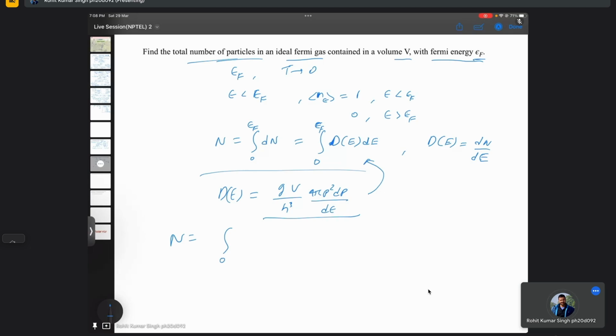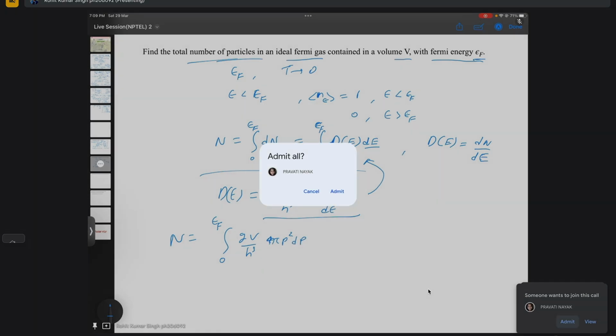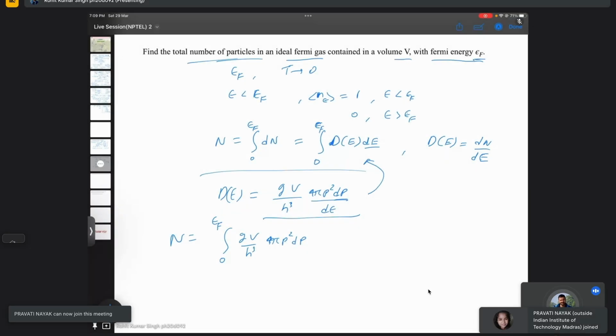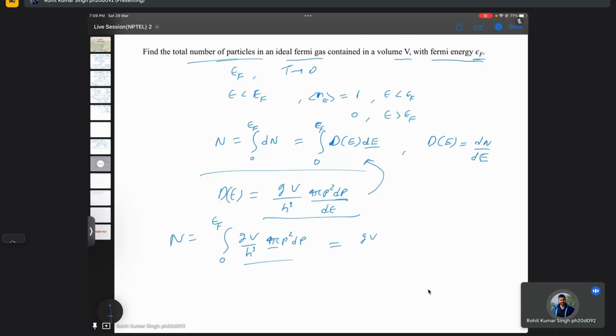So if you put it here, the integral becomes, instead of dE, we will have dP, right? The D gets cancelled, so we will have dP, and we can easily integrate it. These are all constants, so we take them out. 4 pi gV, we have p square dP. Now this integral goes from 0 to EF, and